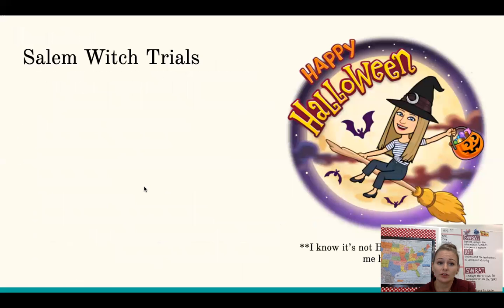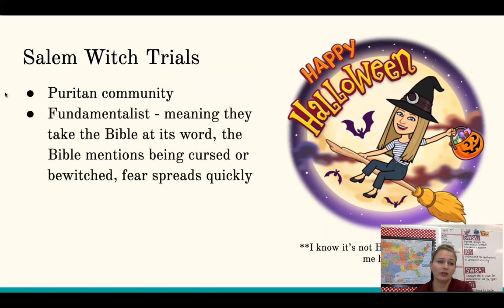The next thing I want to talk to you about, really quick, is the Salem witch trials, which is what your video is going to be on. This has a lot of religious backing to it and shows you the importance of religion in the colonies at this time. Salem, Massachusetts was a Puritan community. Again, very, very strict. These were not days where people were running around and having fun and hanging out. You needed to be working, and if you weren't working, you needed to be reading the Bible and having a very good, strong Christian conviction to your life.